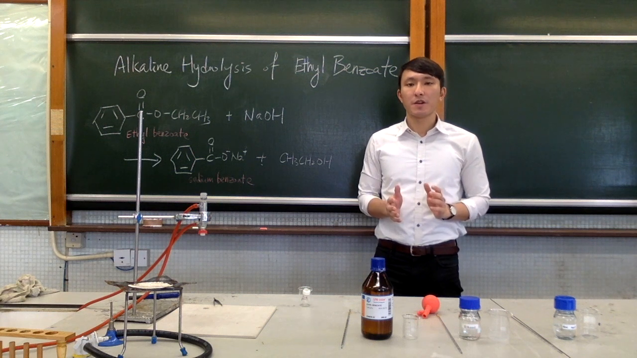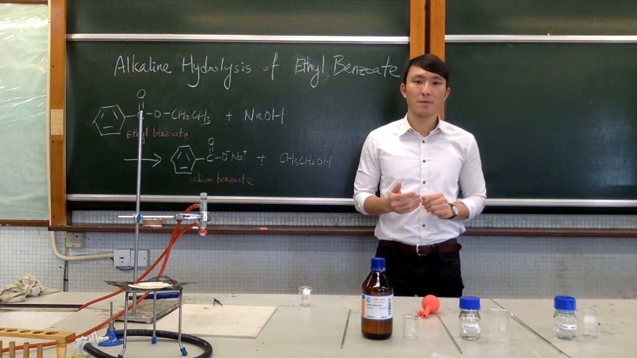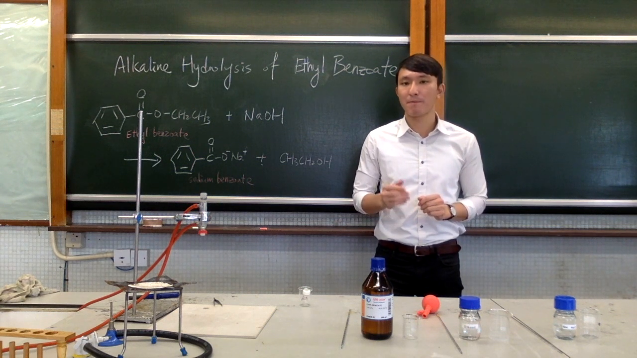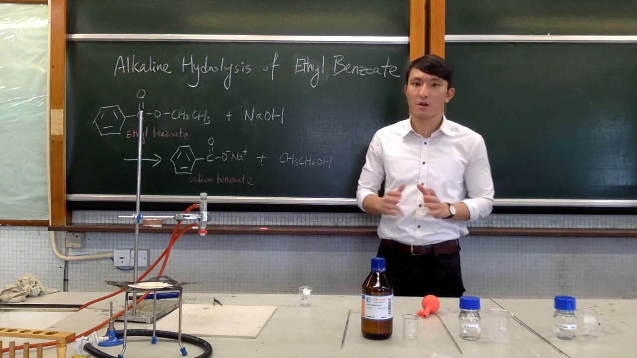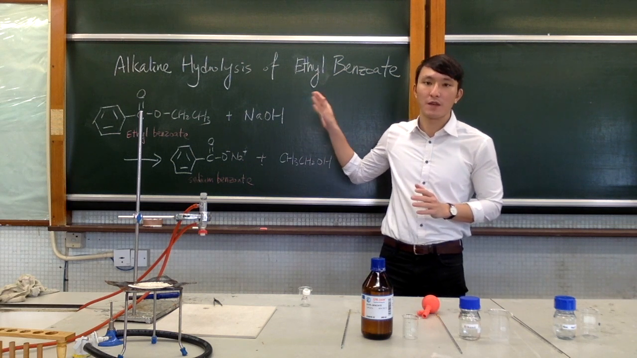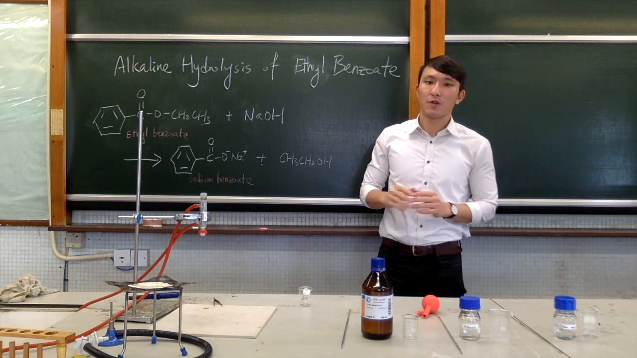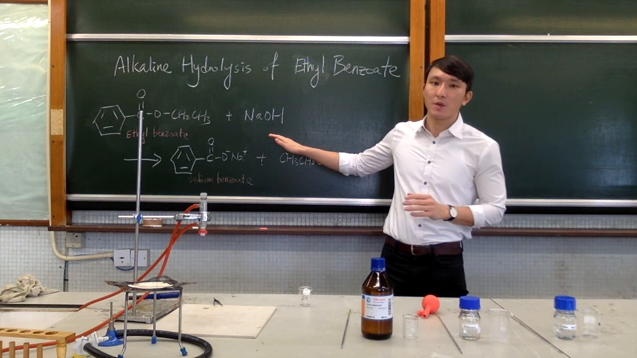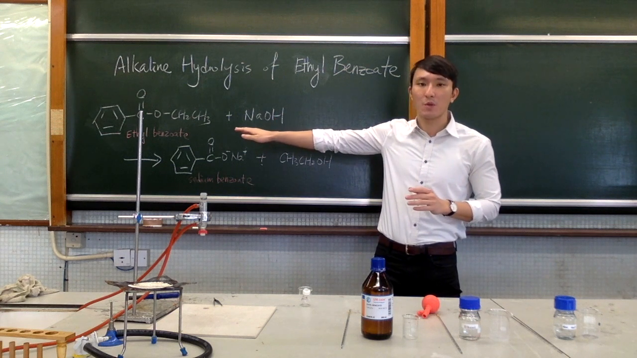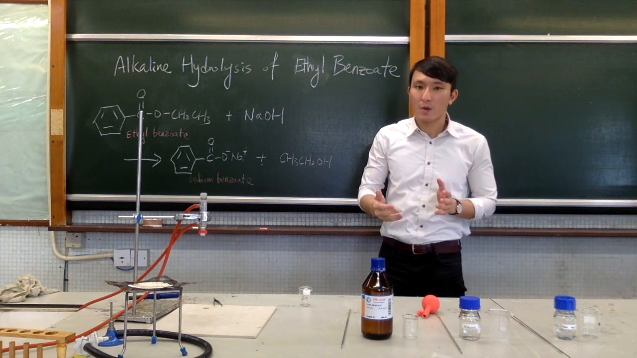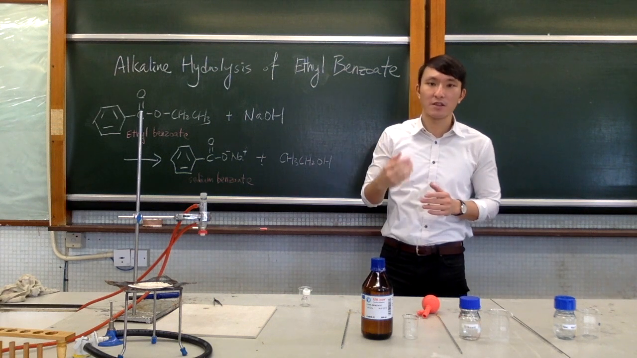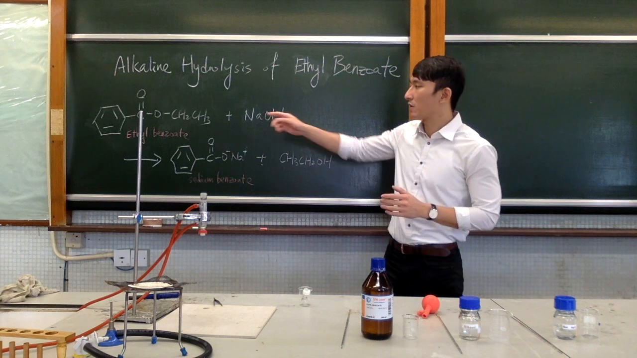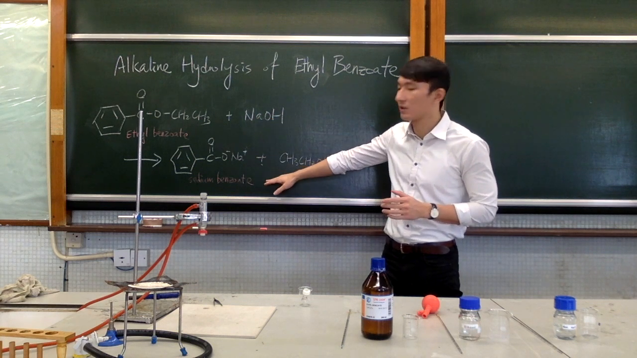Hi, in this video, I'm going to show you how to perform the experiment of preparing benzoic acid from ethyl benzoate. Now, the key reaction in this experiment is called the alkaline hydrolysis of ethyl benzoate. So you can look at this equation here. We start off with ethyl benzoate, which is an ester. And we treat it with sodium hydroxide, and heating under reflux, it is going to be hydrolyzed into sodium benzoate